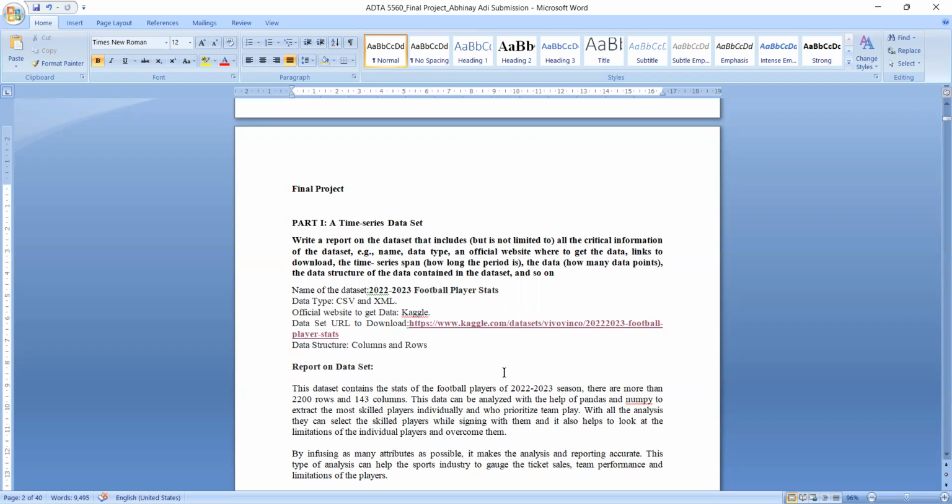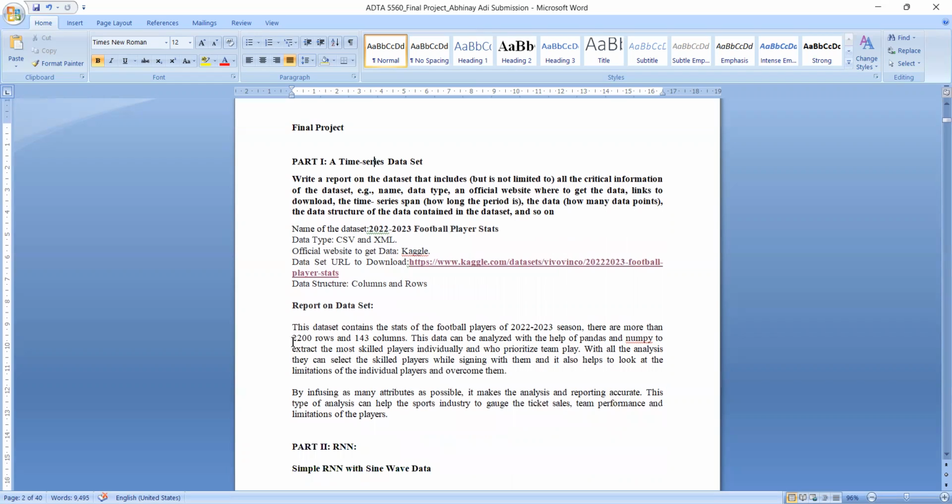The dataset has been taken from the Kaggle website, and you can see the link here. The dataset contains around 2,200 rows and 143 columns, and it contains data about football players, like all the stats regarding them, so that we can use them to analyze and extract meaningful information such as who is the best player and which player has contributed to the